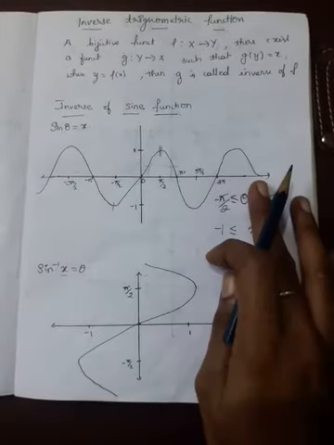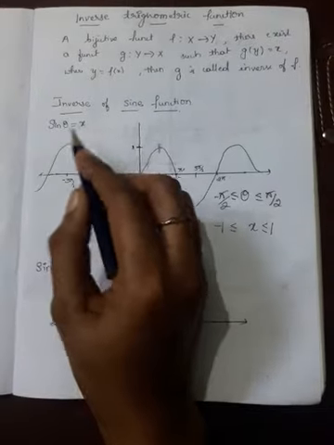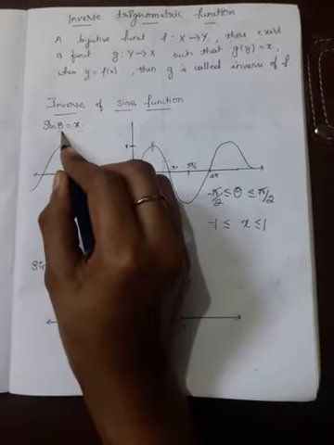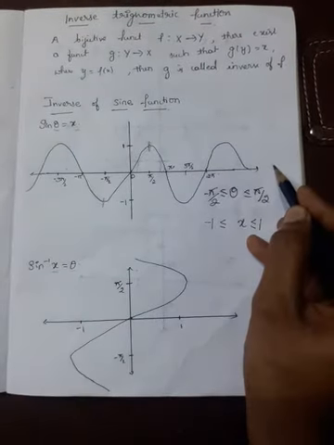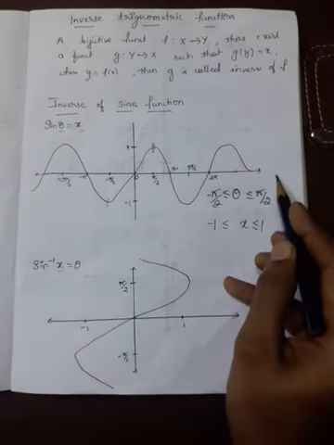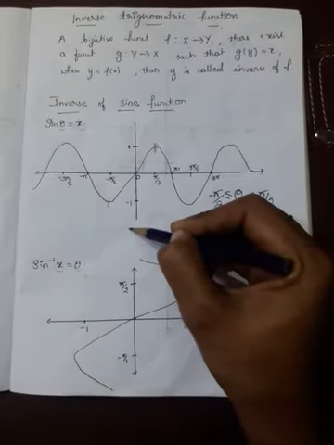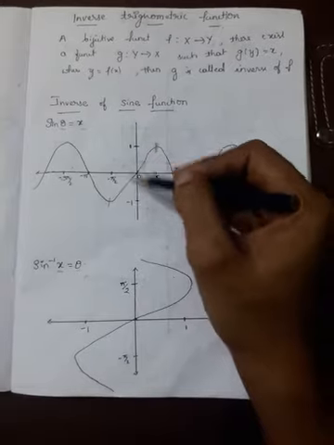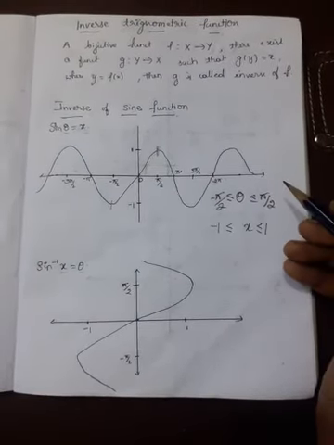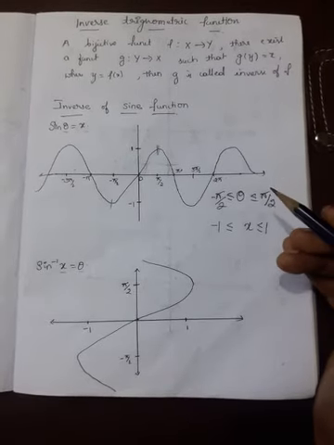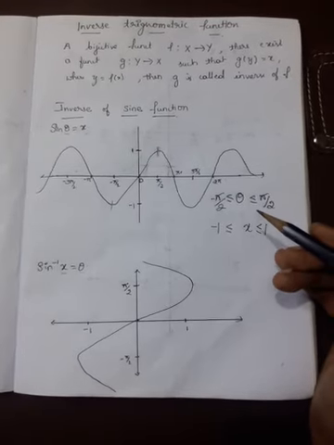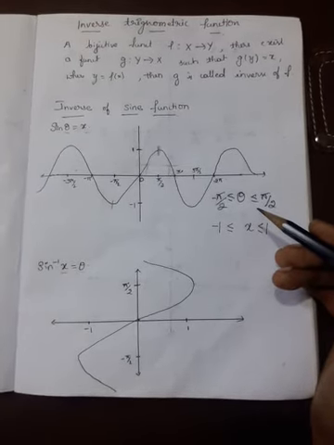Take the graph of the sine function, that is sine theta is equal to x. Here theta is our domain and x is our codomain. Theta varies over the whole line, all the angles on the x-axis, and our codomain is x. Let us take the whole real numbers. What is the value of sine? You know that sine 0 is 0, sine 30 is 1 by 2, sine 45 is 1 by root 2, sine 90 is 1. Correct? We know all the values.